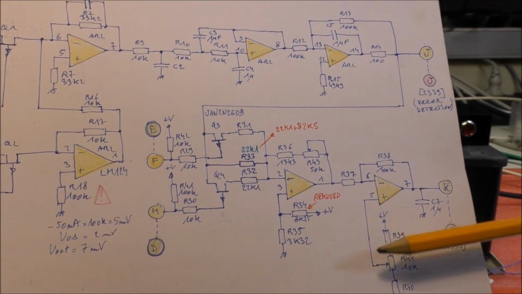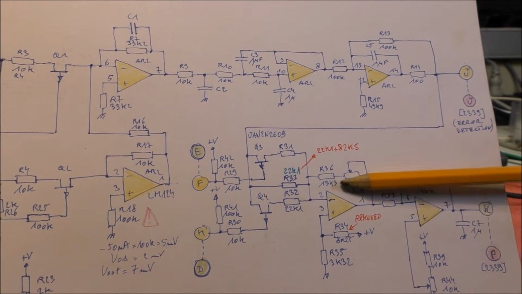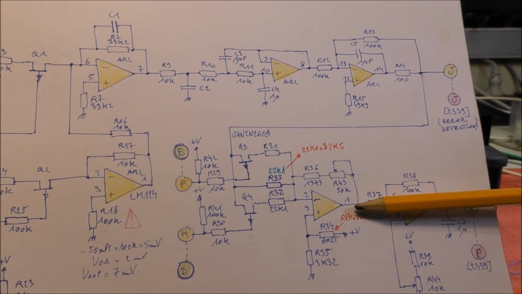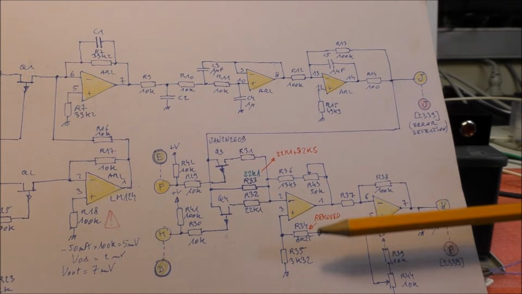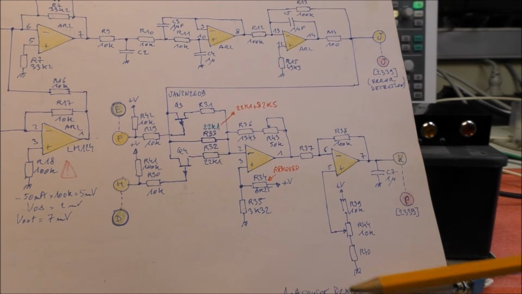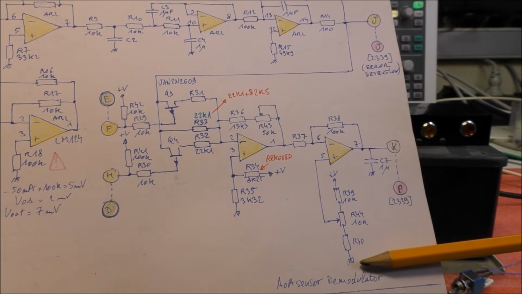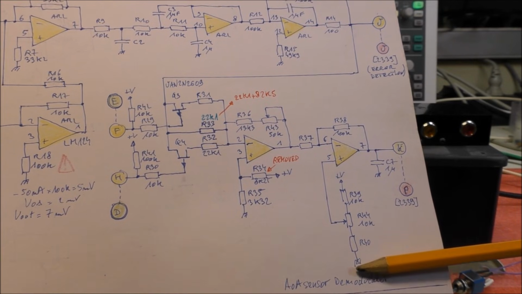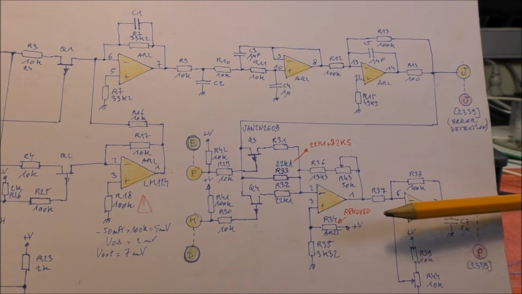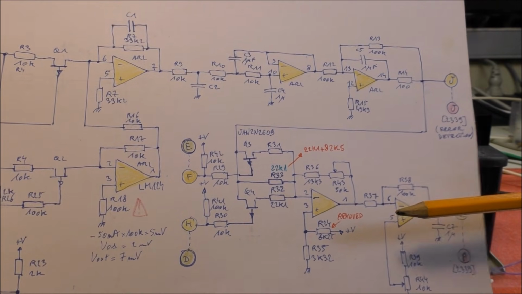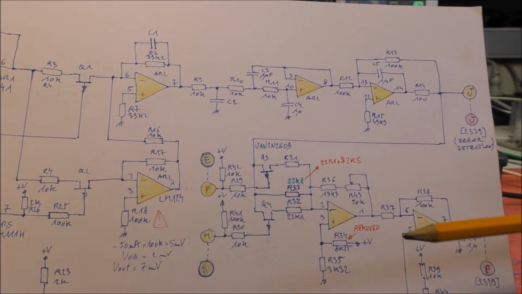Okay, so this positive voltage creates at the output a negative bias, and we can also add a positive bias using this trimmer. The problem is that an adjustment of the gain has an effect on the offset here, because this offset is amplified also. I don't understand why they didn't use a bipolar adjustment by connecting this point to a negative voltage. So I have removed this resistor. In that case, we don't have a modification of the bias when there is an adjustment of the gain.